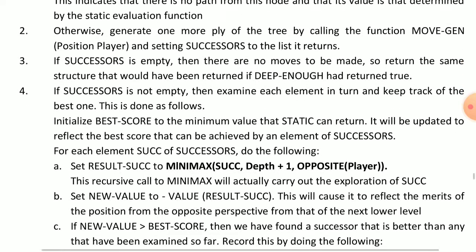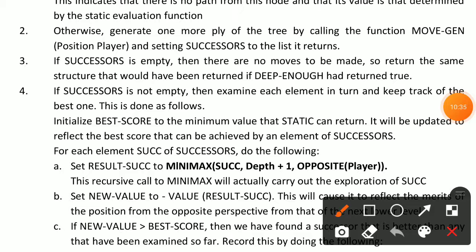Now, for each element, SUCC is the short form of successor, of successors, do the following. We can take the short form of successor as SUCC.